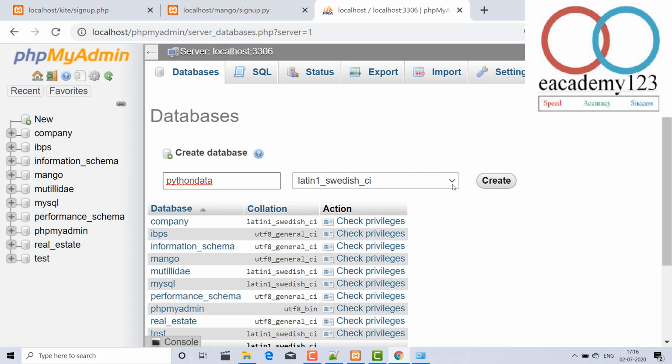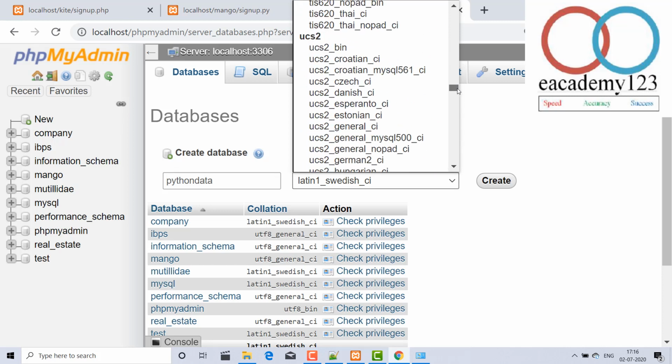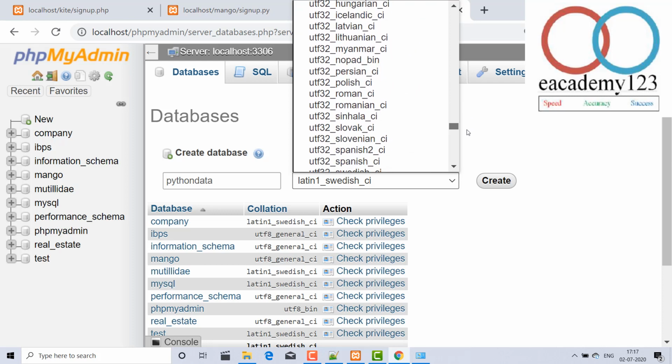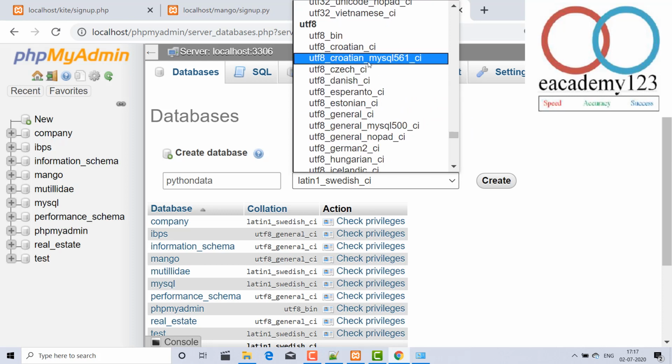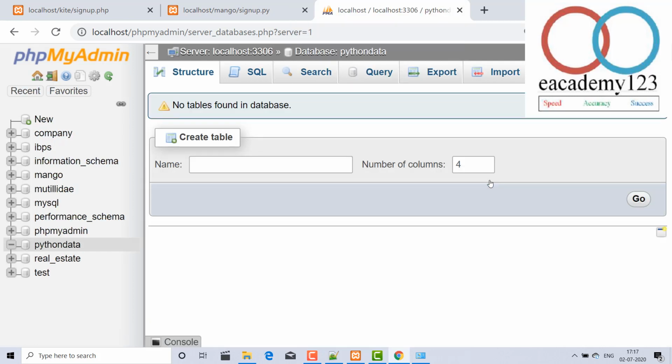For the collation, take UTF-8 general CI, take it and create. Okay, the database has been created, Python data has been created.